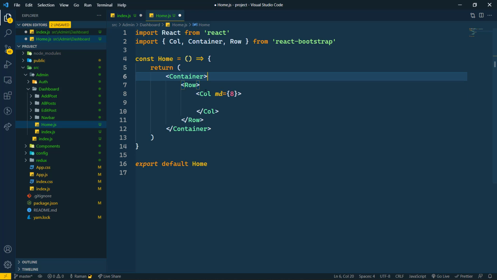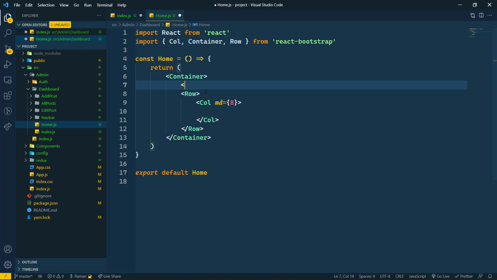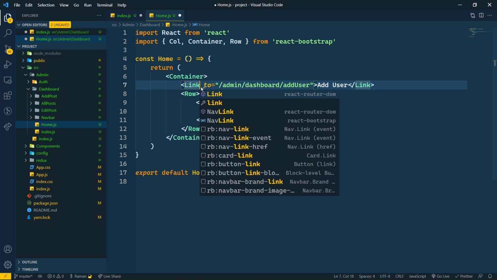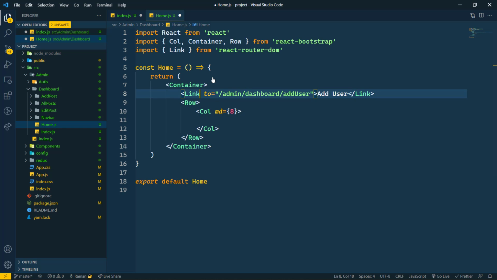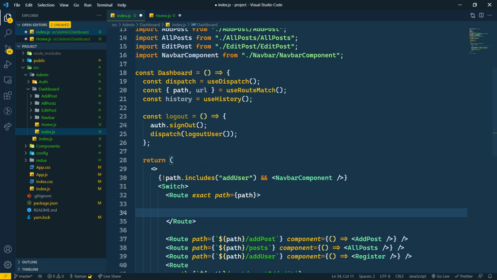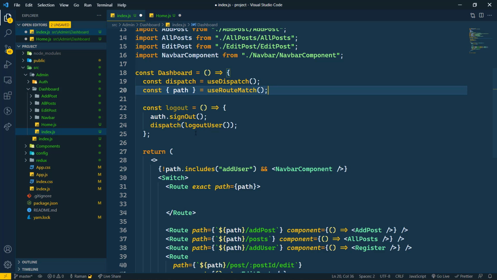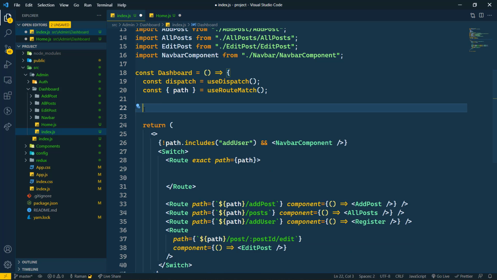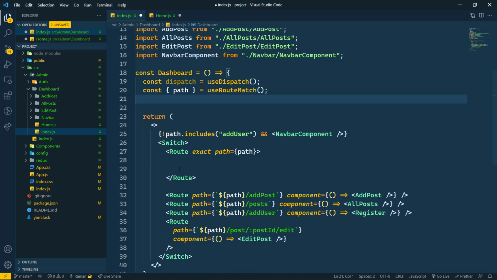Yeah, 8 is better. Now I'm going to add one link here, this same link, and I'm going to import Link from React Router DOM, and here we have to remove this URL because we don't need it. We don't need history also, and we don't need logout also, so I'm removing this also.